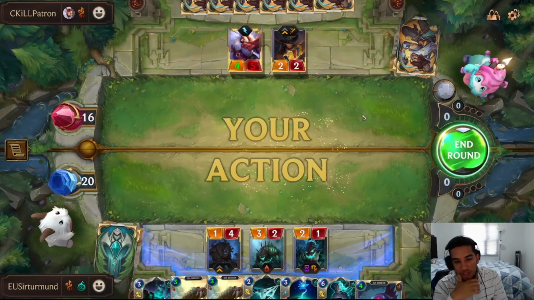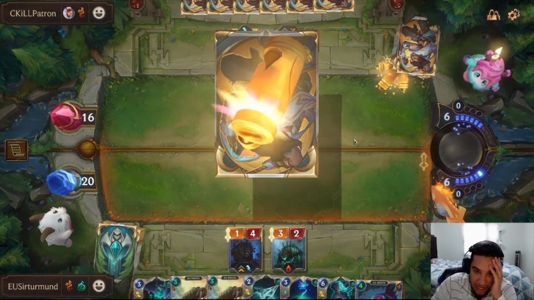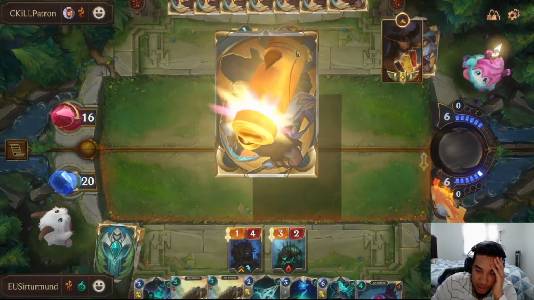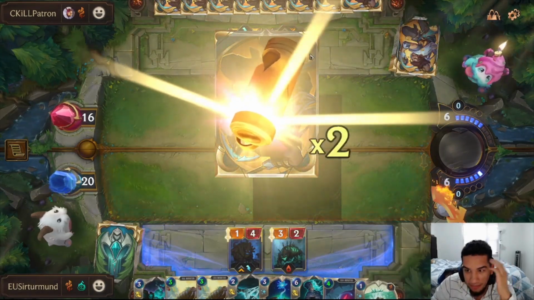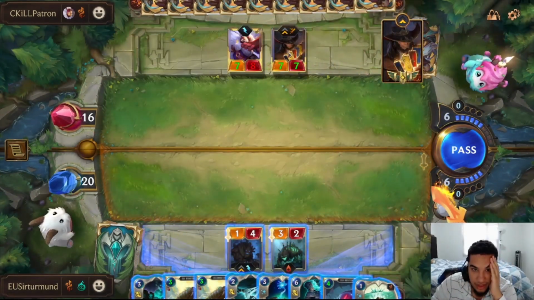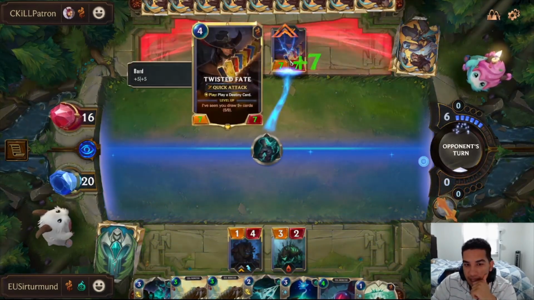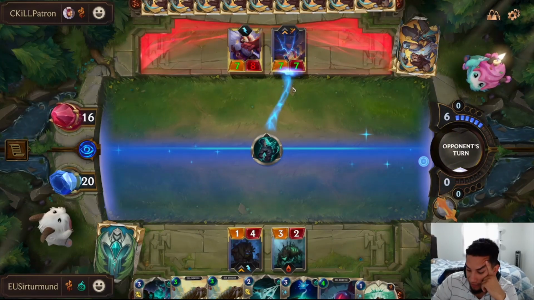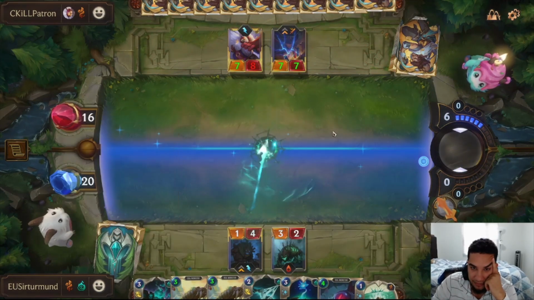So I do think we just Vengeance. As much as I would like to go deep right now, I think it's more important for us to Vengeance and stop that Twisted Fate from leveling up. Yeah, I think this is much better. I think we have to stop Twisted Fate from leveling up. Opponent could easily have a second Twisted Fate though. The problem is that we don't have...